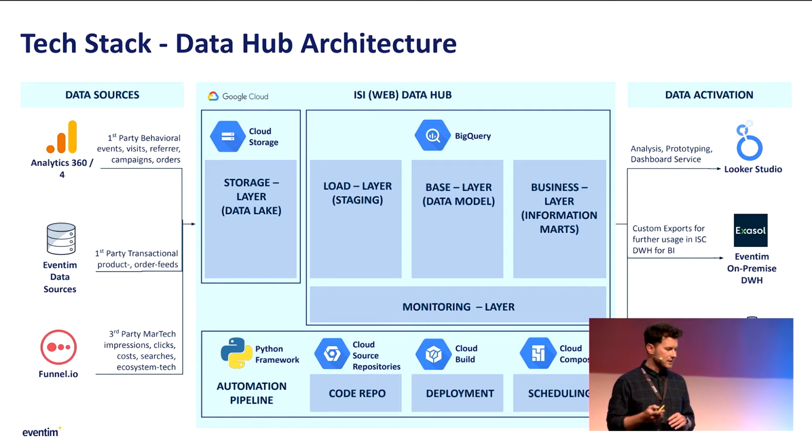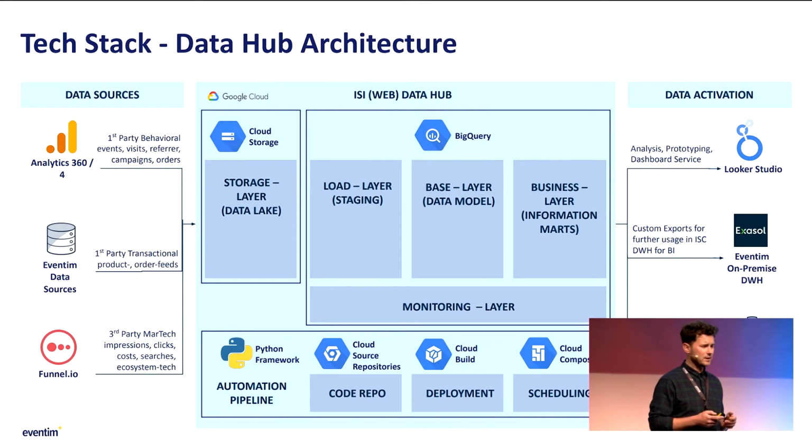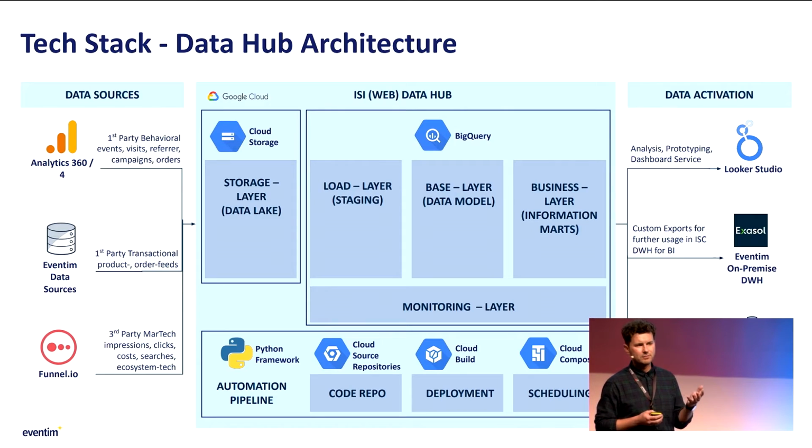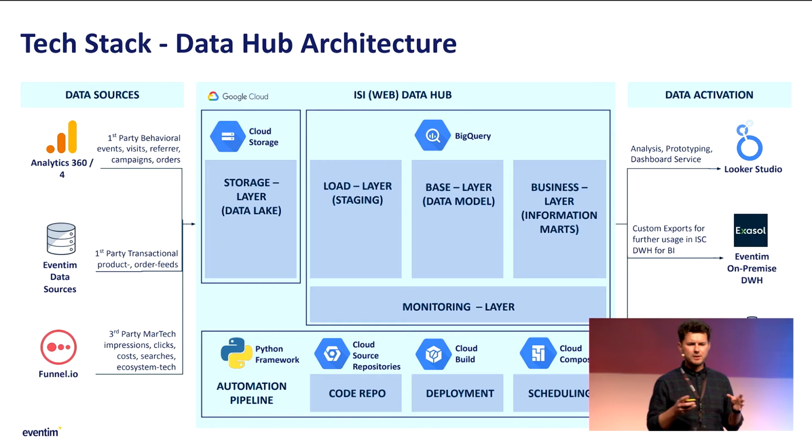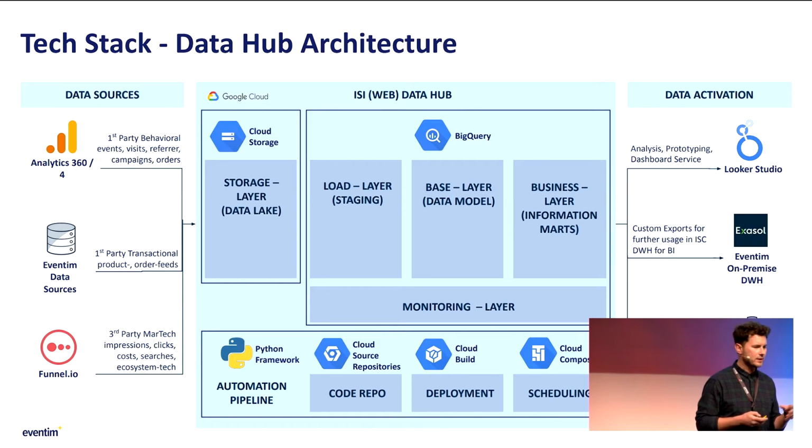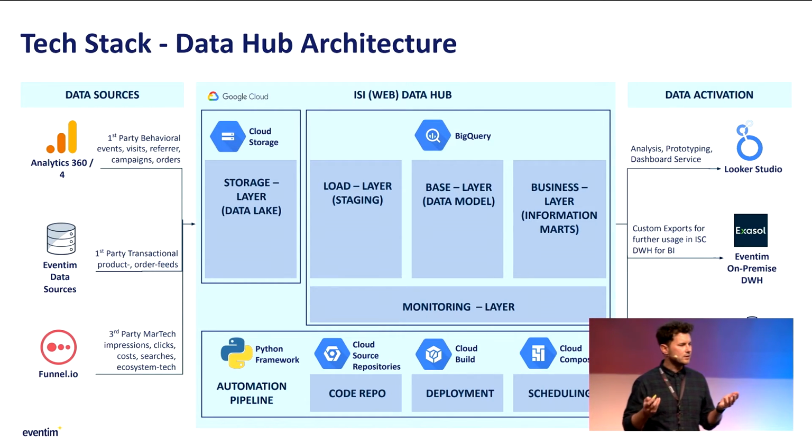And next step then would be the base layer, where we already have a data model in place. The base layer, just in short, because I will come later to it, basically represents some minor data mart, or you can say data entity, which could represent such a specific report, like the traffic acquisition report in Google Analytics, but in a custom way, because it's not only about one property. We can just say, okay, we have, for example, a data entity with acquisitions information, so the whole UDM source medium stuff.